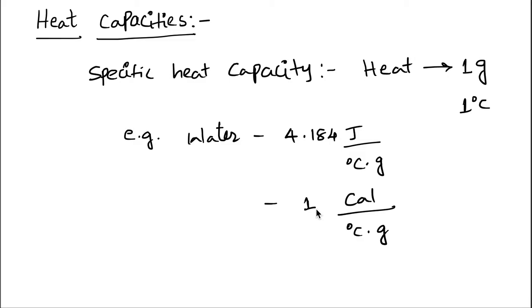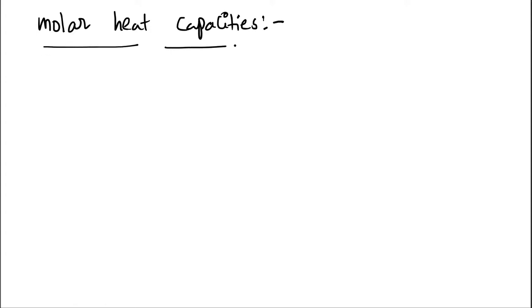Also here, the specification of mass is 1 gram, but generally in science we deal with moles. So therefore it's better to define molar heat capacities also. Now we are defining molar heat capacities. And we have already discussed that heat capacity depends on the path. So for gases, the heat capacity is dependent on path. So there is something called Cv and there is something called Cp: heat capacity at constant volume and heat capacity at constant pressure.